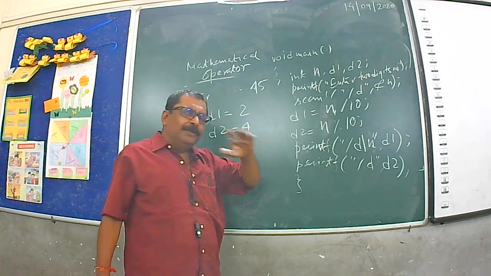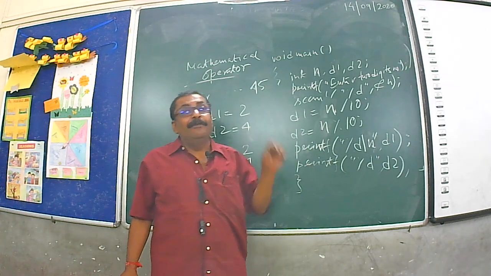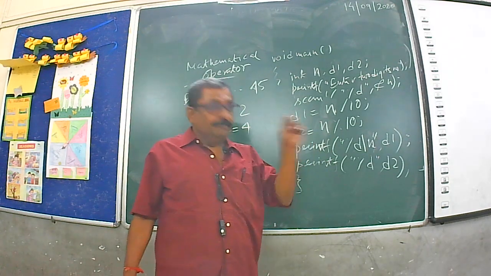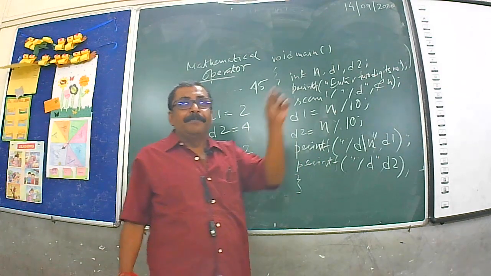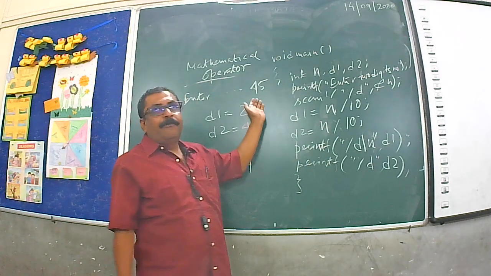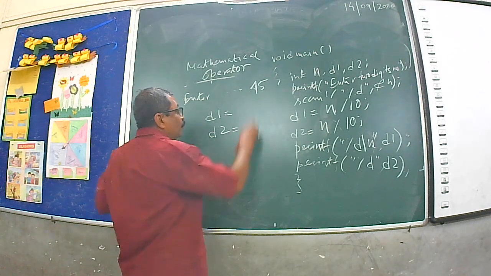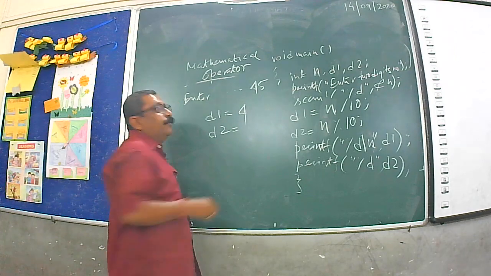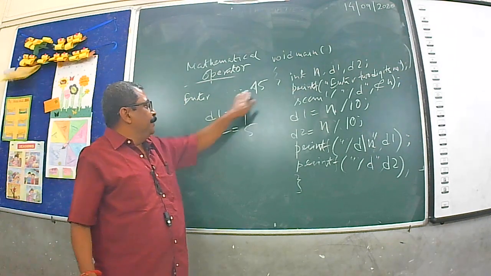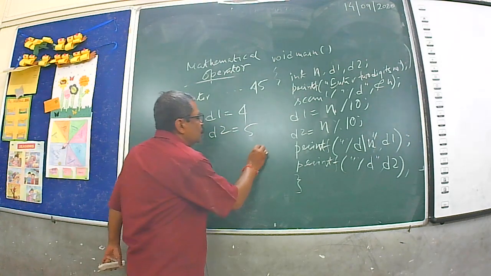One program in two different modules. First program: the value is fixed at 24, we just calculate and print the two digits in separate lines. The same program accepting a number. So, if you enter 45, then it is not 2 and 4, that was for the first case, rather it is 4 and 5. If you give 45, your D1 value is 4 and your D2 value is 5, and your output looks like this.